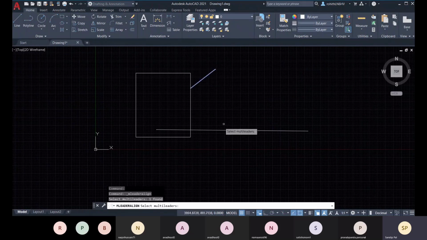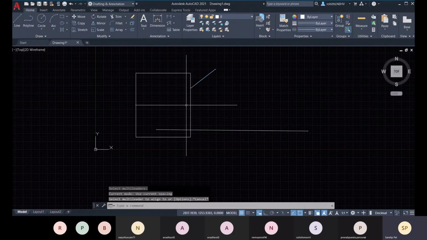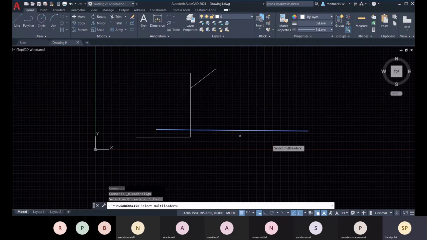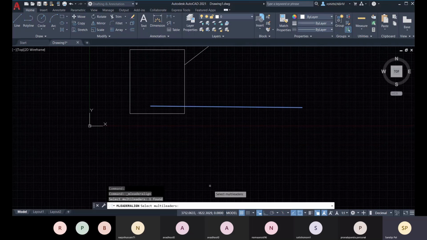You will select your multi-leaders, and then you press enter, and you must have one particular multi-leader to align with. So I want to align with this multi-leader. For that I will go align and I will select this multi-leader to be aligned. If there are many multi-leaders, I will choose them, which will be aligned.